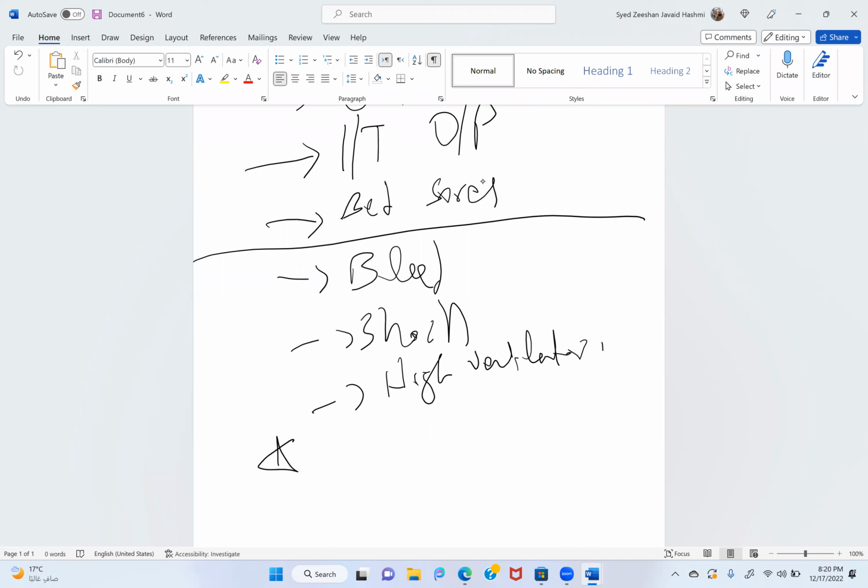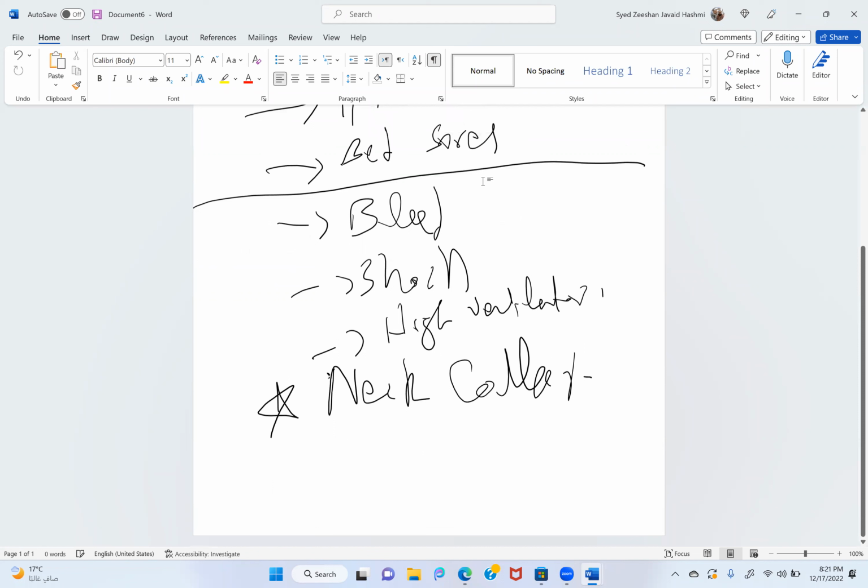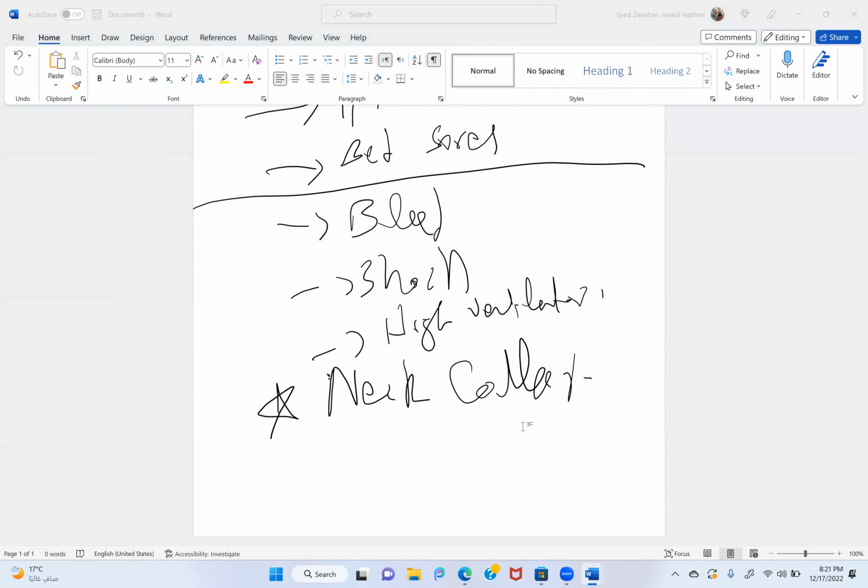And yes, if you have a patient with head injury, there may be this neck collar. Okay. So you have to take care of these things. Of course, these are the common things which you deal with when any patient is coming to the OR. But because I was discussing these common things, can anyone add something which I have missed?